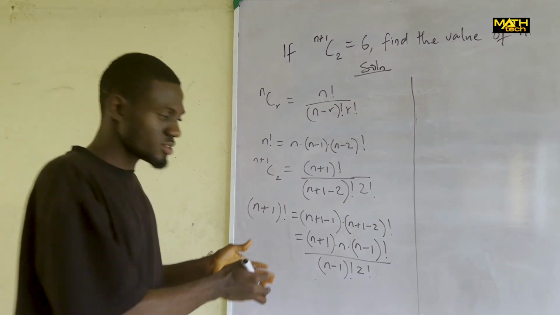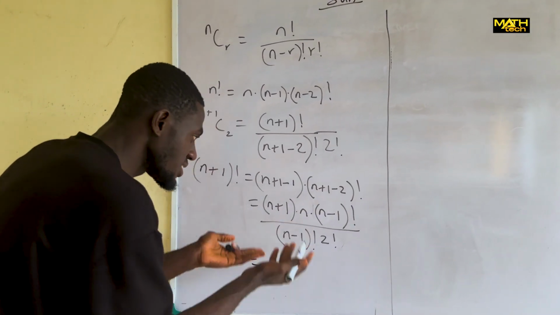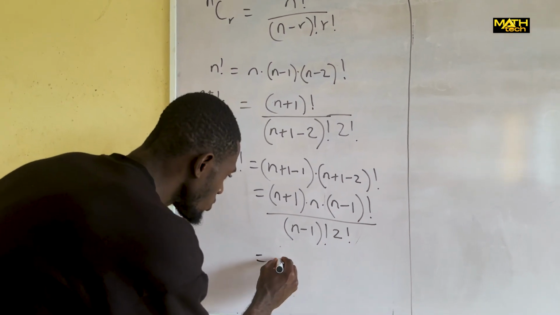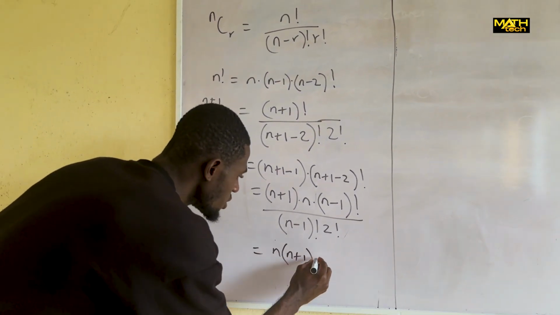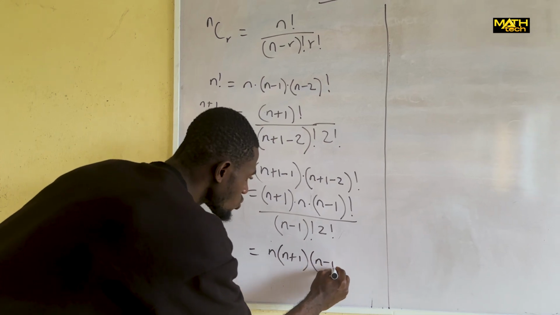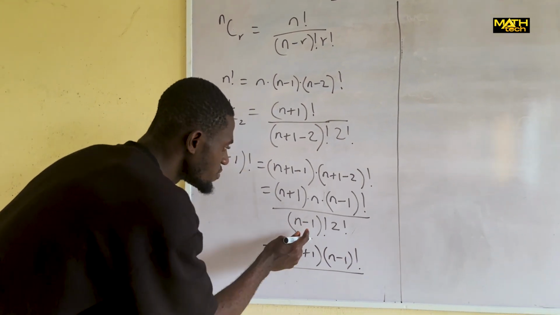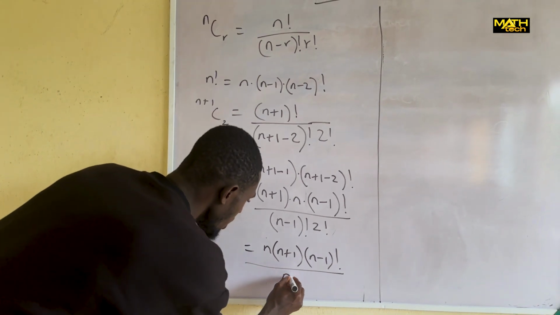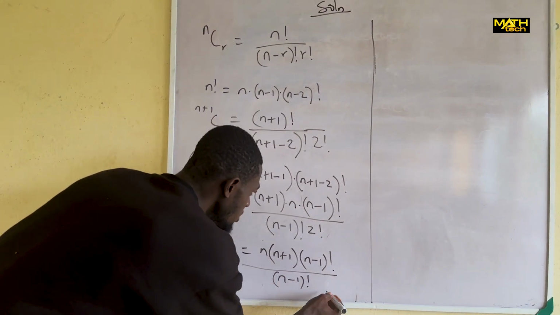Hope you guys understand up to this point. Rearranging, let's arrange this orderly: n into n plus 1 into n minus 1 factorial, all over n minus 1 factorial